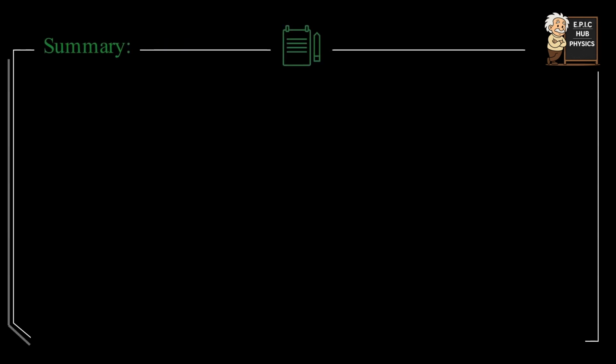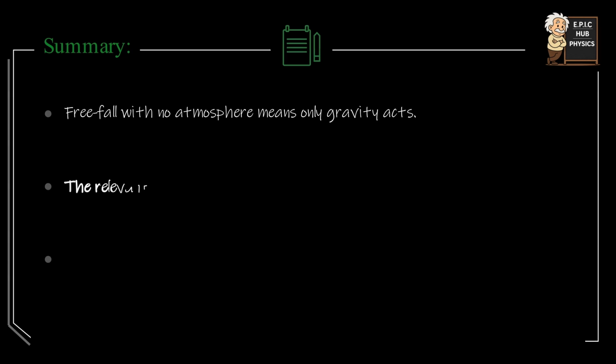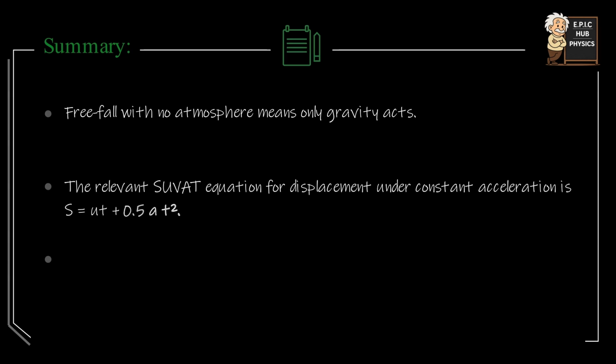Here are the main concepts applied in this question. Free fall with no atmosphere means that the only force acting on the object is gravity. The relevant kinematics, or Suvat equation, for displacement under constant acceleration is s equals ut plus 1/2 at squared. When an object is dropped from rest, the initial velocity is 0,